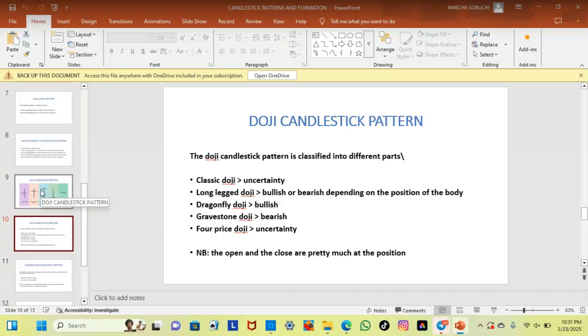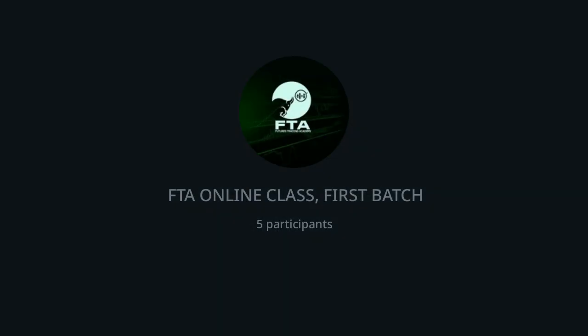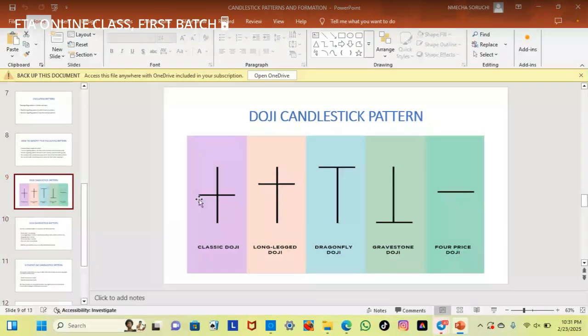So if you look at the diagram, you can see this body here now. See that the open and the close is very close to each other, pretty much at what? At the same position, just a slight difference. So that's what you need to notice on the doji, so that whenever you see it on the chart, you will not be thinking maybe a long-legged doji that the body is at the top, you will see it as a hammer, and when the body is at the bottom, you will see it as a shooting star. So the body, the open and the close, is pretty much at the same position.